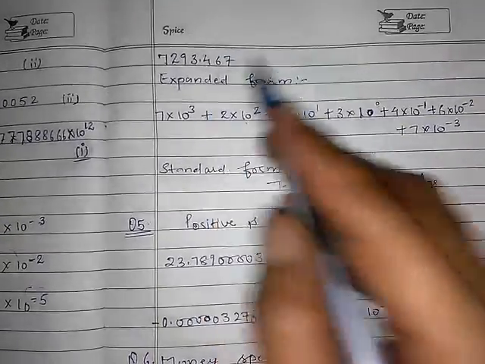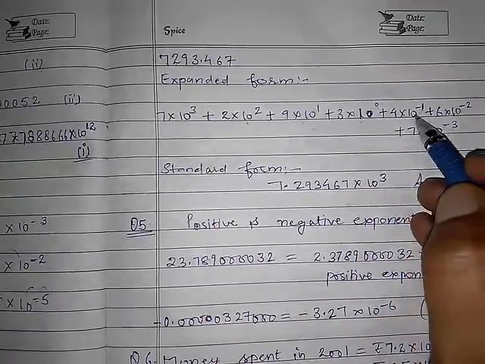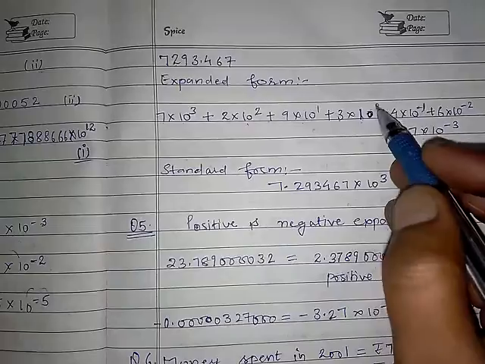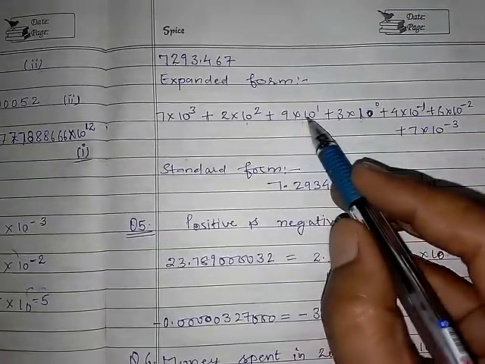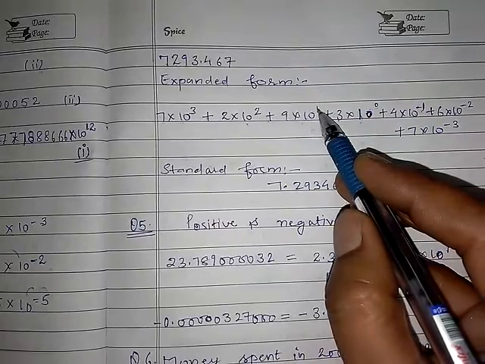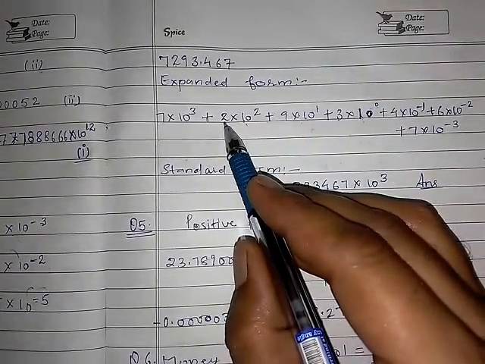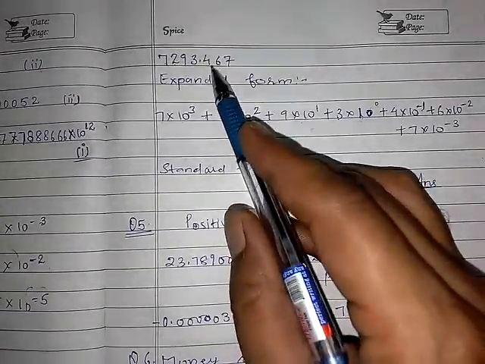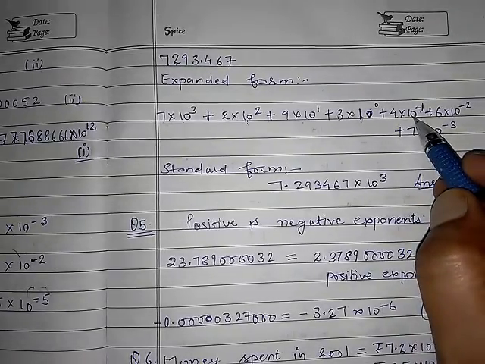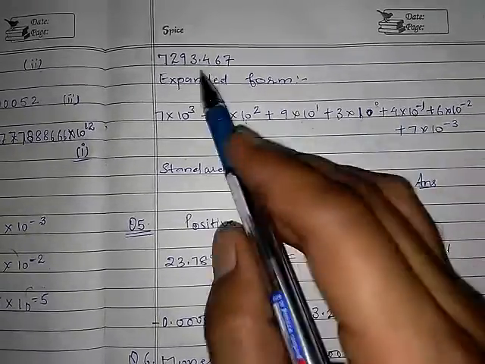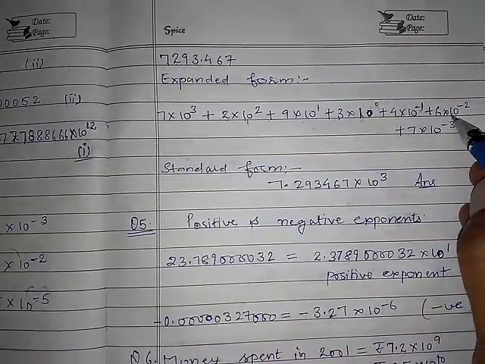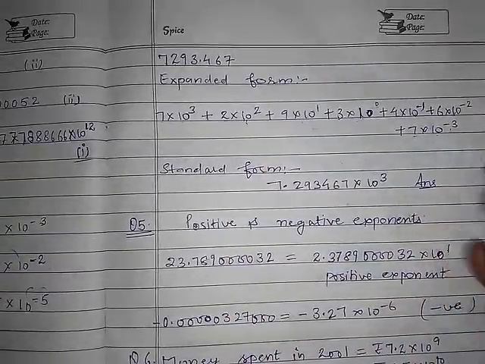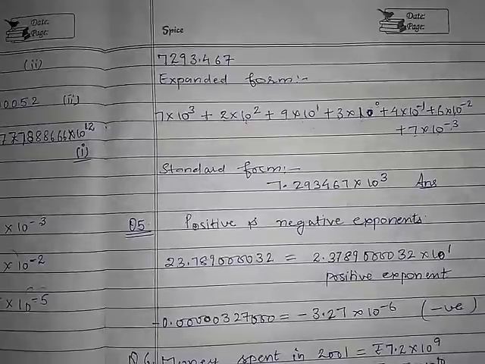Now after that, put the plus sign. Plus, this is the tenth place. So it will be written as 4 multiplied by 10 raised to the power minus 1. As you are multiplying the ones place by 10 raised to the power 0, that means 1. Okay, tens place will be multiplied by 10 only. It means 10 raised to the power 1. Hundred place will be multiplied by 100, that is 10 raised to the power 2. In the same way, you have to write down here: the tenth place will be multiplied by 1 upon 10. That means 10 raised to the power minus 1. And hundredth place will be multiplied by 1 upon 100. That is 10 raised to the power minus 2. And next one, 7 into 10 raised to the power 3. That is the thousand place. Clear?